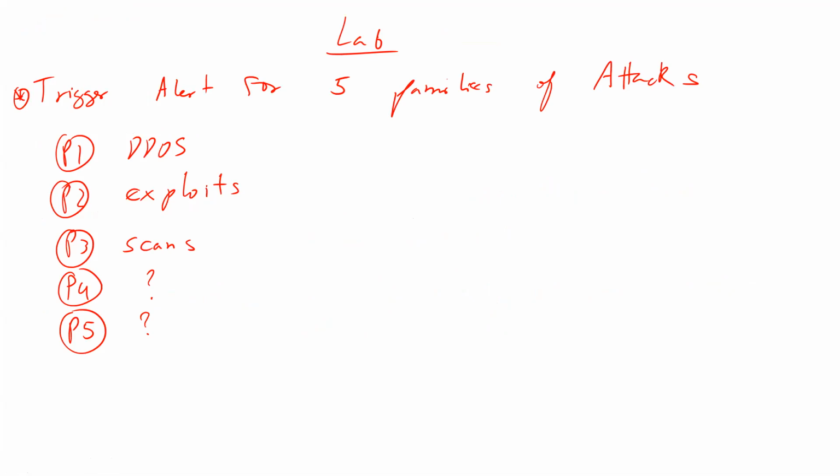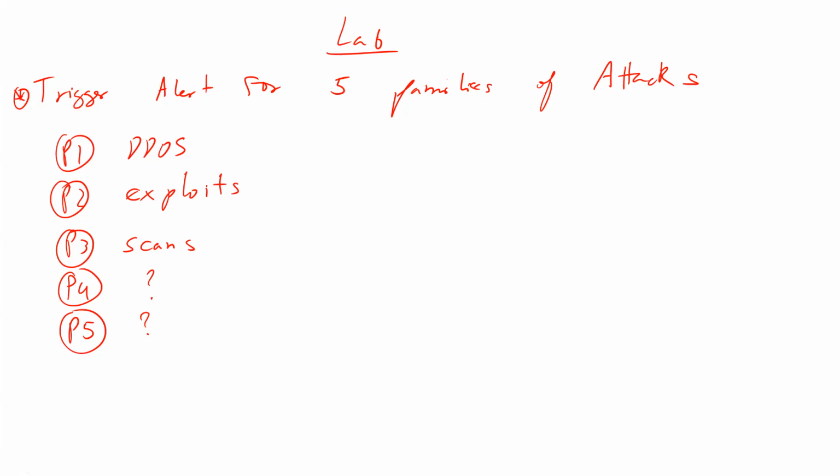So what I want you to do is to trigger alerts for 5 families of attacks. So these will be easy, DDoS, exploits, and scans. I've already given you everything. However, for the last 2, I want to let you guys do it, okay? So you have to do it. So you find